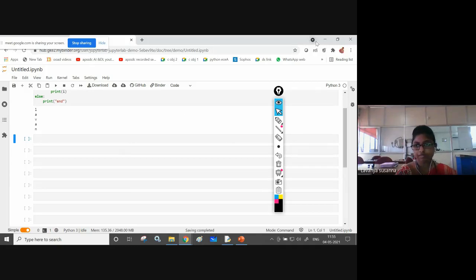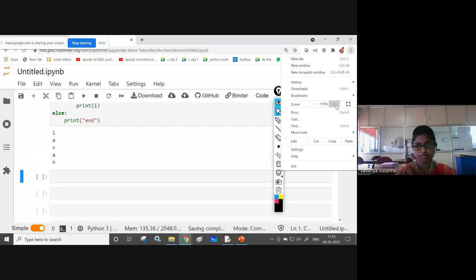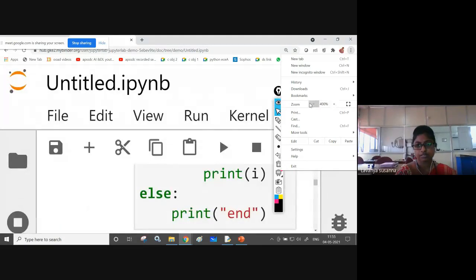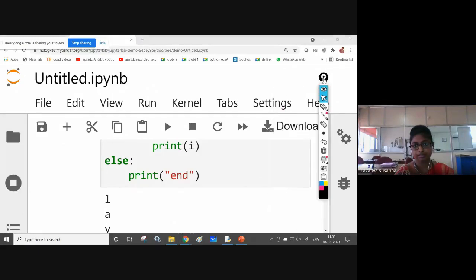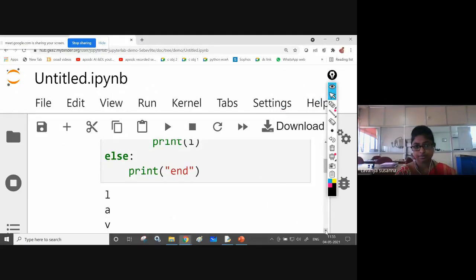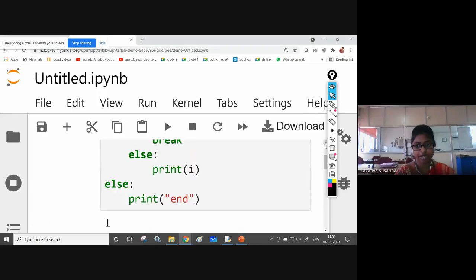You got LAVAN and end is not printed. See the output. Y is not printed because when I is equal to y, you are using break.